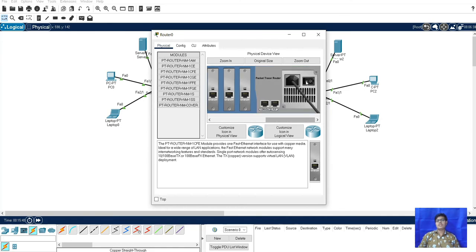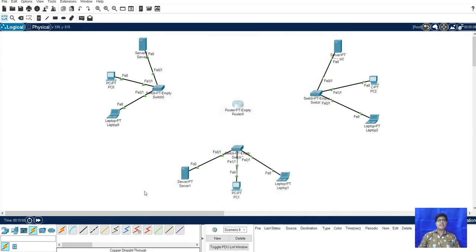Okay, we will go back and give a connection from this fast Ethernet to fast Ethernet. So here is the connection.